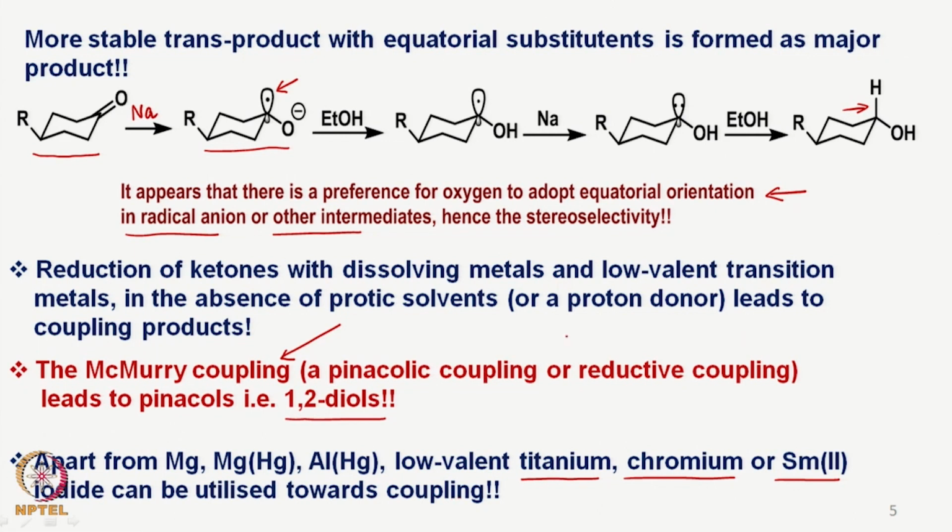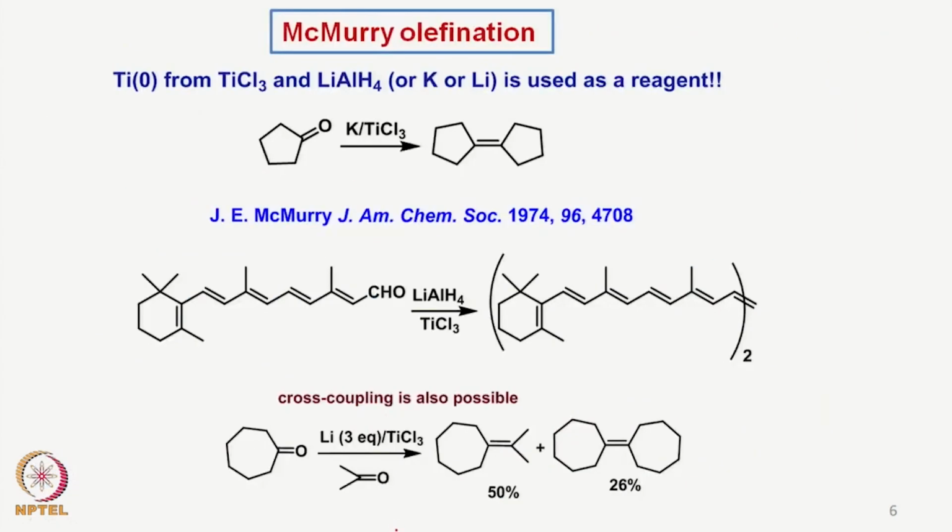That means if we have a carbonyl group something like this here, and we allow the coupling followed by elimination of the hydroxy groups, we can have the two molecules form a corresponding olefin. This is what is called McMurry olefination or McMurry coupling. So, we will discuss that in detail now. McMurry olefination. Somewhere in the 70s this particular reaction was established and developed by McMurry, where he used titanium 0,